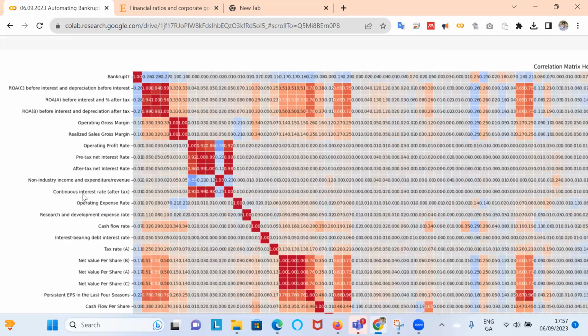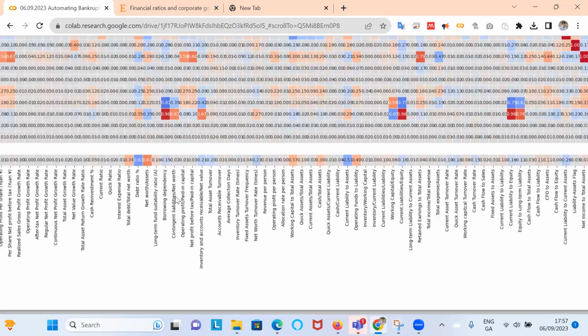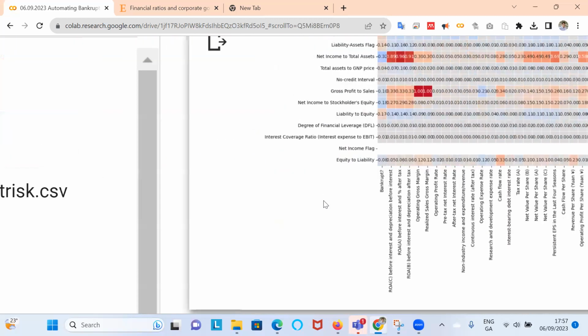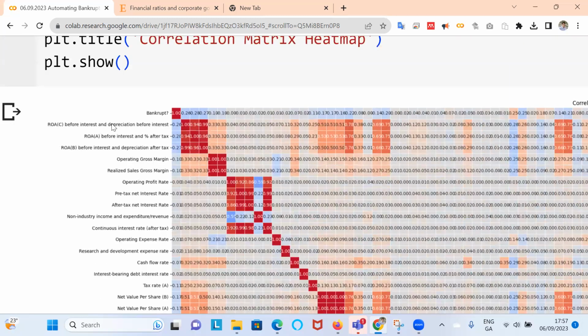But just to get a sense, bankrupt and all the ratios are on the vertical and on the horizontal, and then the correlation between each individual. So on the diagonal, it's always 1, because ROAC correlated with ROAC is 1. For the profit ratios, a few of these look like they're all profit.